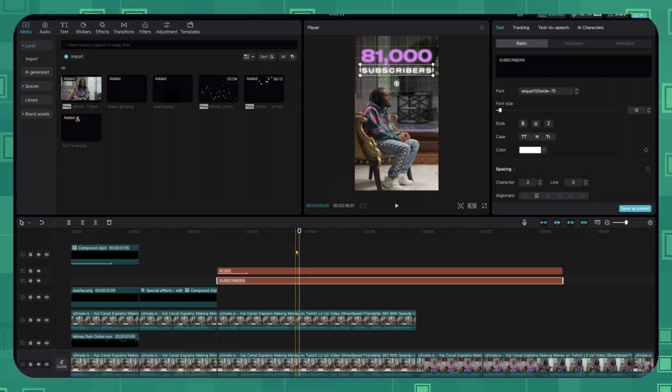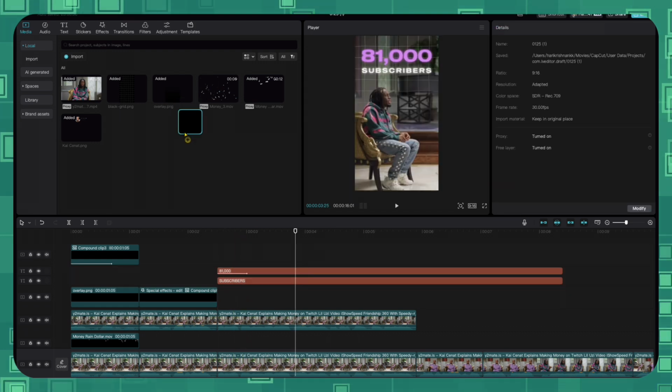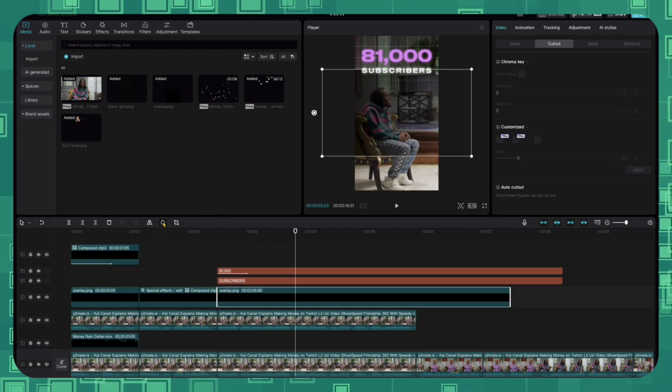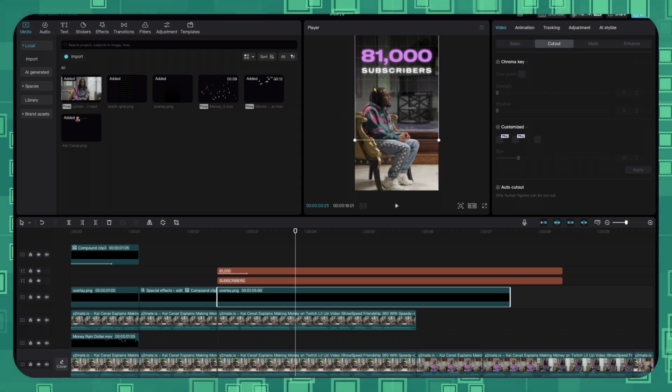And to give more prominence to both of these text, let's pull in the overlay, put it underneath this one, rotate it 180 degree, adjust its position so that here at this position there is not much black color,